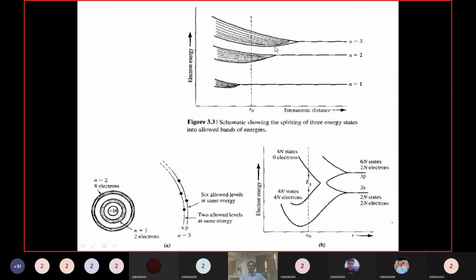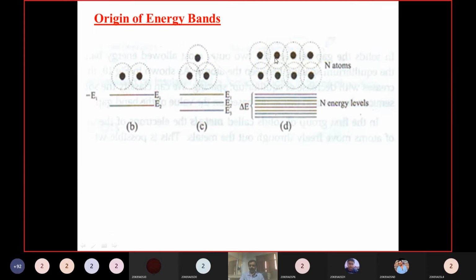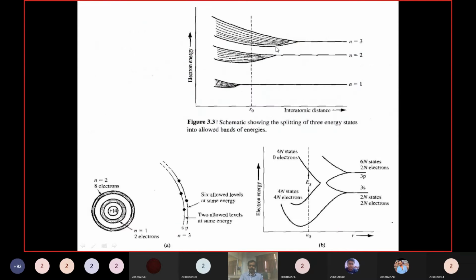If you take n equal to 3, previously we discussed that there are so many electrons in it. So many electrons combined form a band, like this band. The outermost electrons combined form one band. That band we will call the valency band. In this valency band,